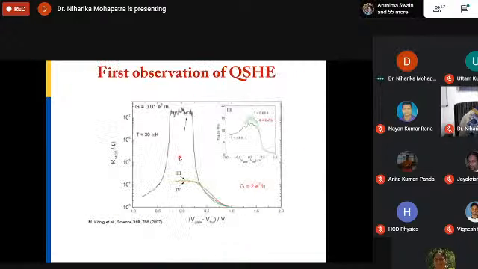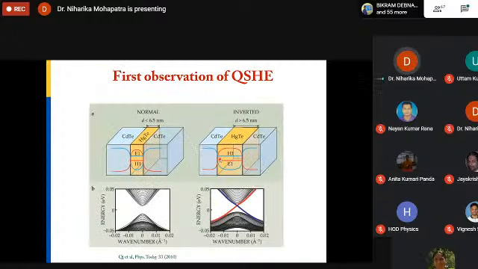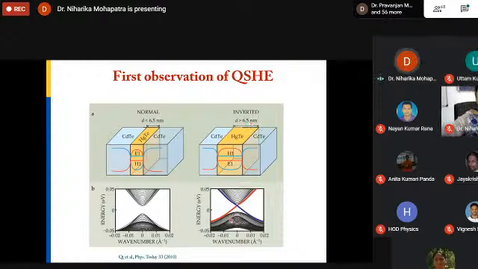But the first experimental observation was done in 2007. And they showed that you can have quantized Hall effect. Okay, you can have quantized Hall effect in this one. And this they observed in a kind of multi-layer system. They keep HgTe, which has high spin orbit coupling, and they sandwich it between two CdTe layers. When the thickness of this HgTe layer is greater than a particular critical thickness,